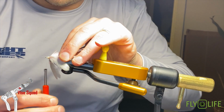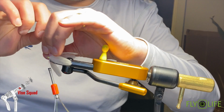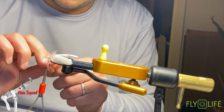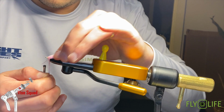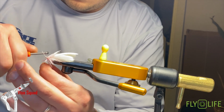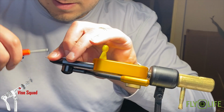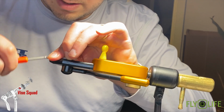And like you're doing a dry fly or whatever, wet your fingers a little bit, and try not to trap those fibers. Work them back. There we go. I like to fold it back over itself. Okay. Clean this mess up. If you trap something, don't be scared to back it off and reset,